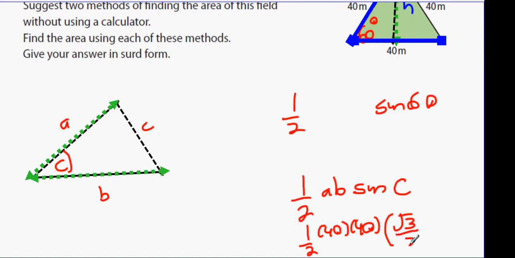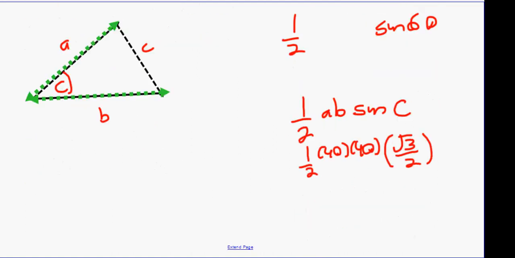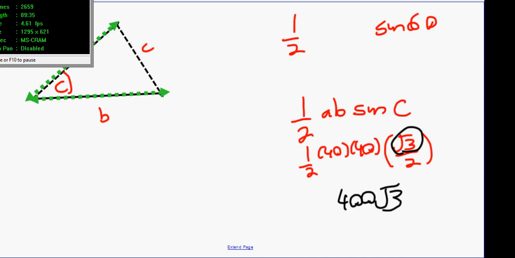Root 3 over 2. Half 40 times 40, root 3 over 2. Put it into your calculator, excluding the root 3. Don't put the root 3 in because we don't want that to get mixed up again. So you're going to do a half 40 by 40 by another half. And you should get 400 root 3. Okay guys, that's